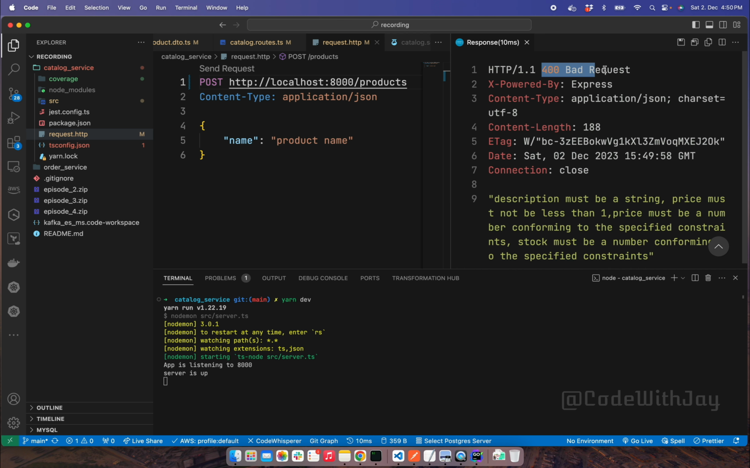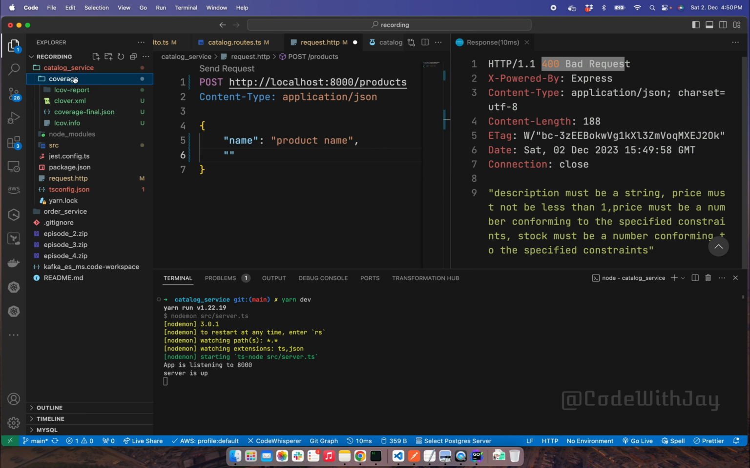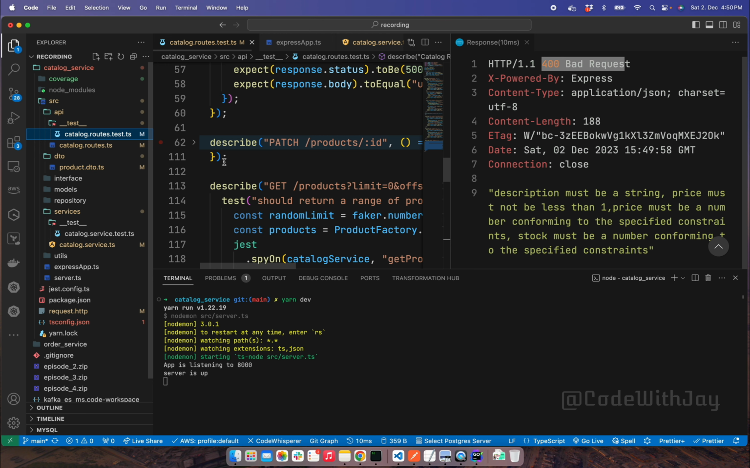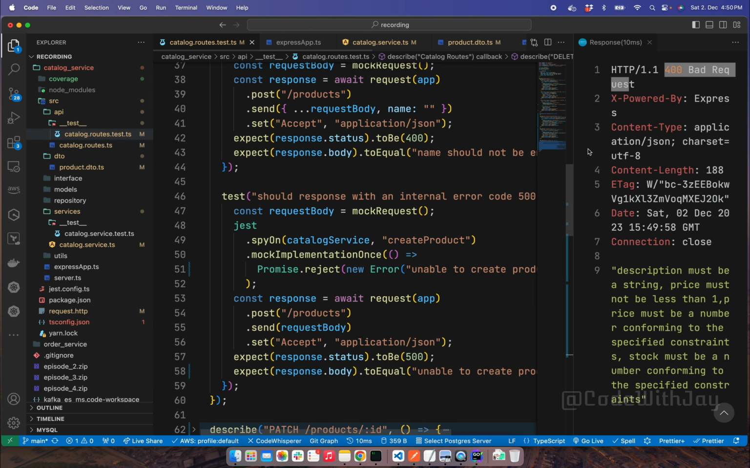it says bad request. Why is this bad request coming, right? Because we are not sending properly formatted data or something like that. So let's try to fulfill this request. Let's say name, and what are the things we have added here? Let's not cover the source code here. While we are calling this create request,